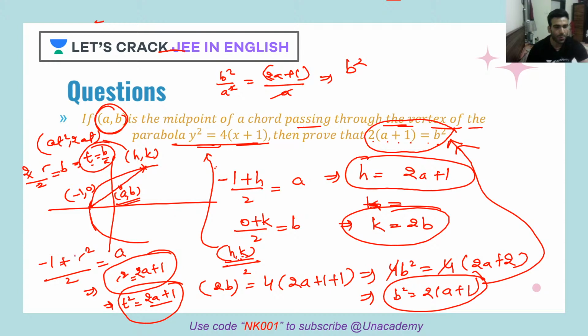So this is -1 t square by 2, and this is your A. So we get 2A plus 1. This is my t square, so t square is equal to 2A plus 1. Clear? Similarly, this is 2t by 2, so I'll have t as b. Now I can just square it and I'll get the answer. So when I square it, b square is equal to 2a plus